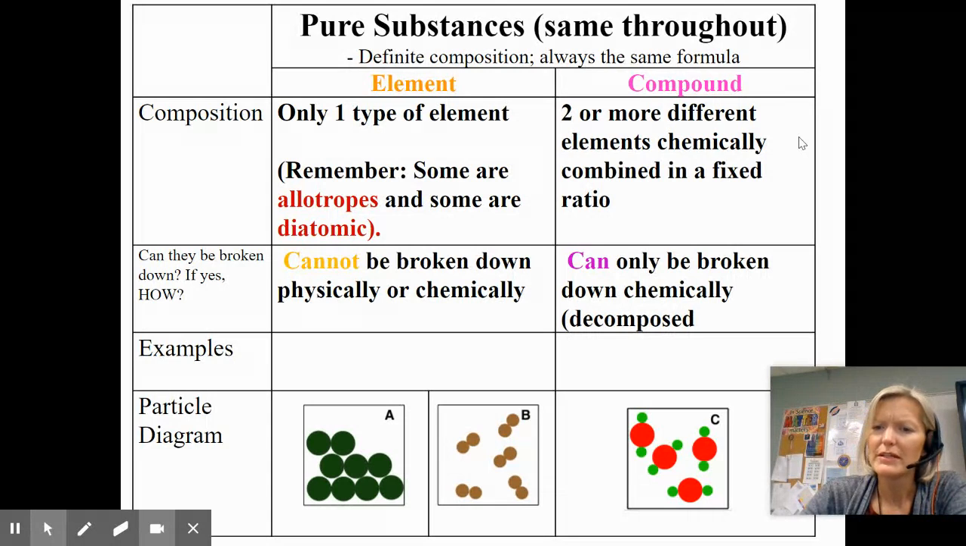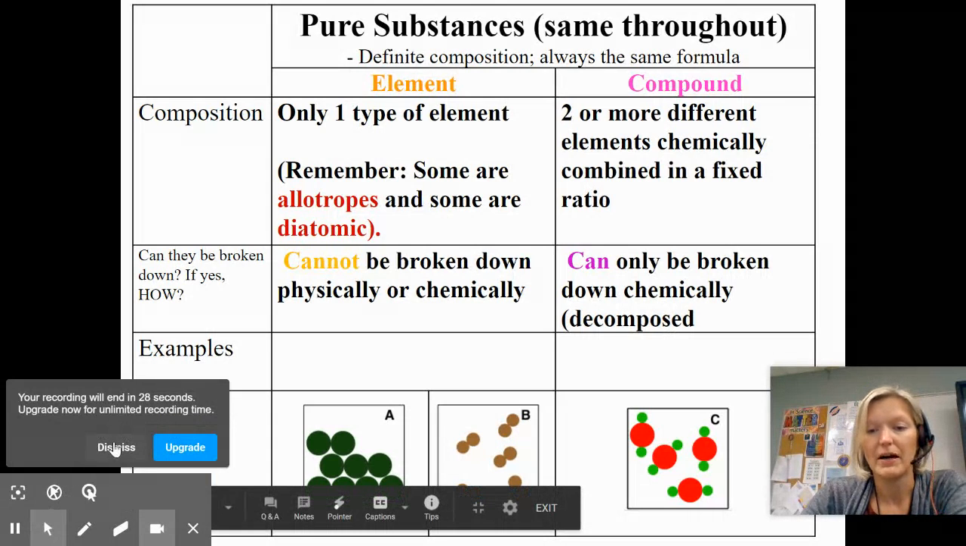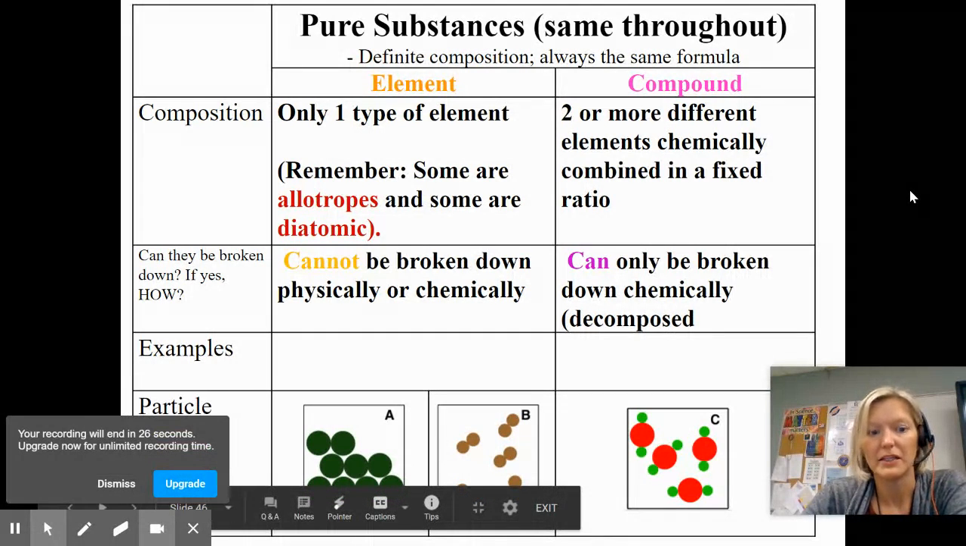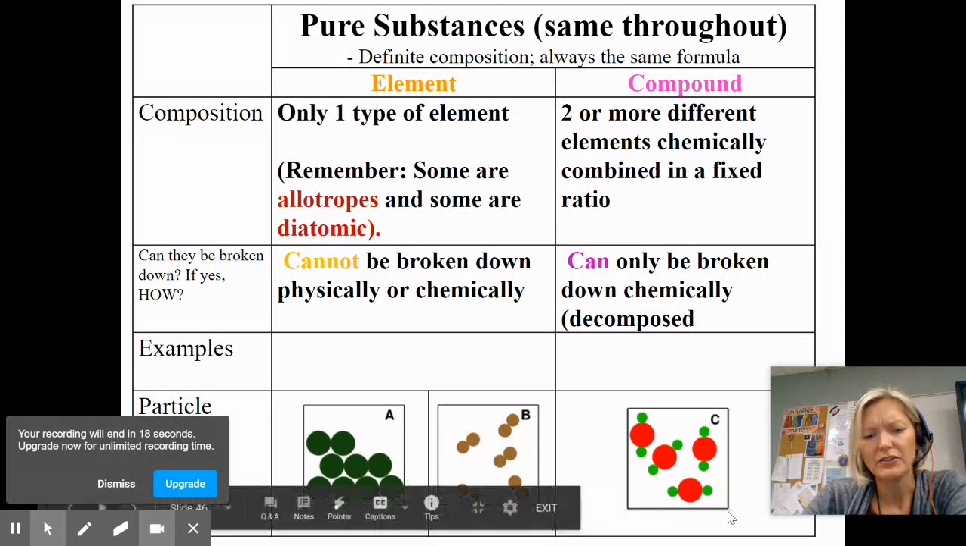Compound, two or more different elements chemically combined in a fixed ratio. That fixed ratio, a good example is water, H2O. Always 2 hydrogens, 1 oxygen. Doesn't matter if we're talking about water, solid, liquid, or gas. Always the same fixed ratio. It can only be broken down chemically, sort of like decomposing. And here's an example with letter